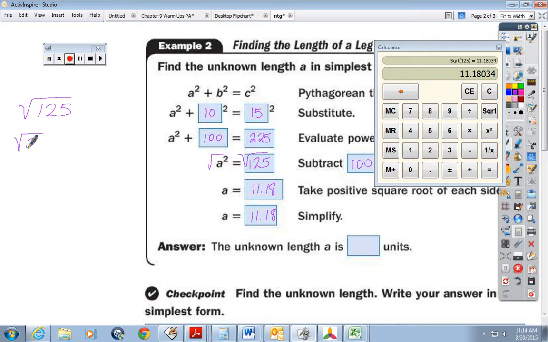The square root of 25 simplifies down. No, it's 5, not 6. Okay, so the square root of 25 is 5, and then I cannot simplify the square root of 5. So that's actually how they wanted you to write the answer. Just pay attention to the directions, unlike what I just did. If the directions tell you to write it in simplest form,